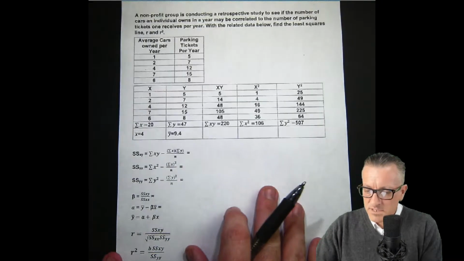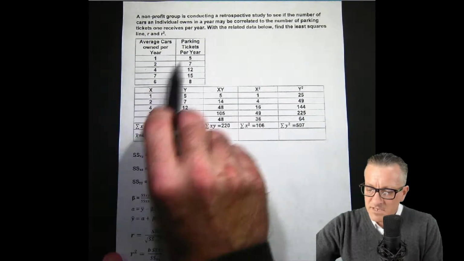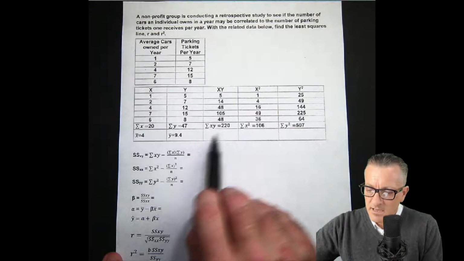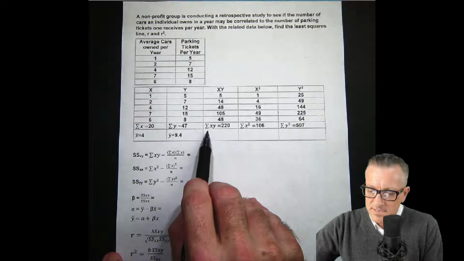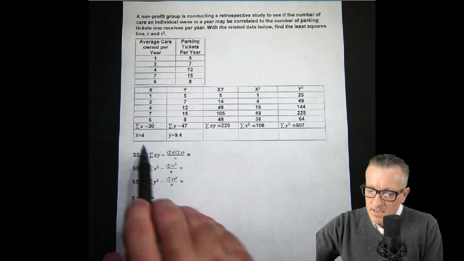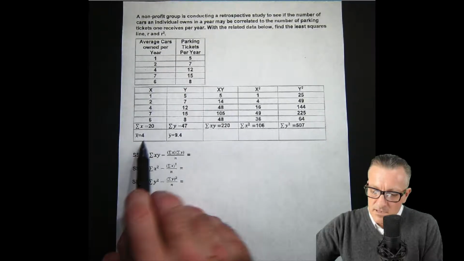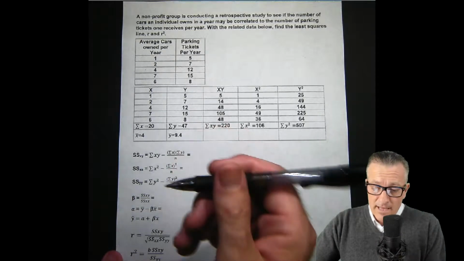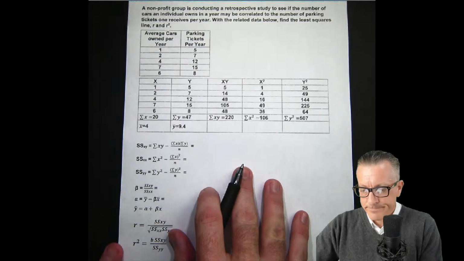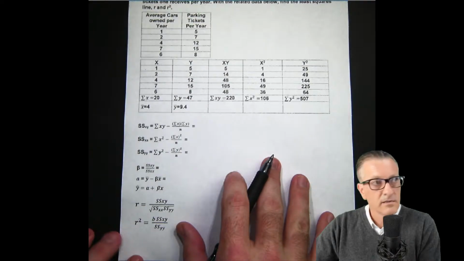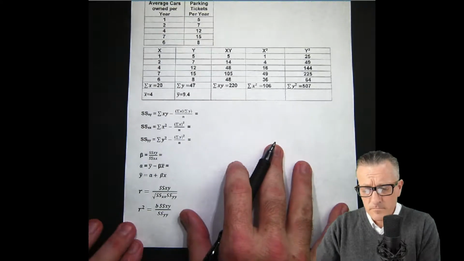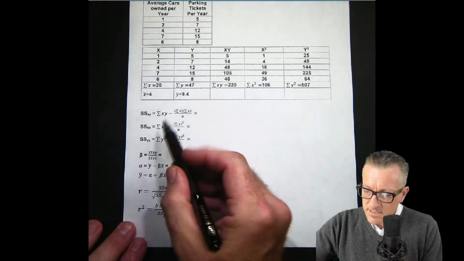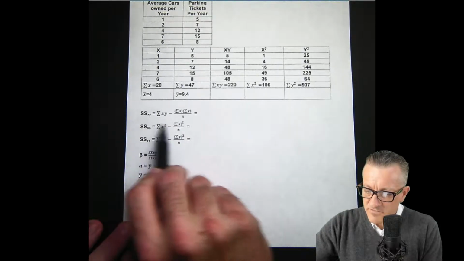Okay, so this is the way you do it. You set it up. You have this data here, and then you set up these columns because you need this data. Primarily, you need the sums of this data, and then you need your mean, and your y hat, which is the mean of the y's. So that's how we do that. Like I said, we'll do it by hand, and then we'll look it up on the calculator. You can also do it in Excel.